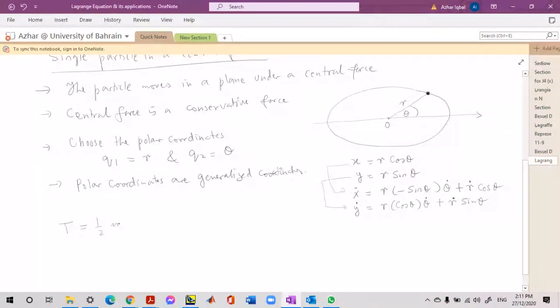Half m v square can be written as half m times x dot square plus y dot square, and now it can be rewritten by simply substituting x dot and y dot from the right hand side of what we have obtained. Let me put the brackets,